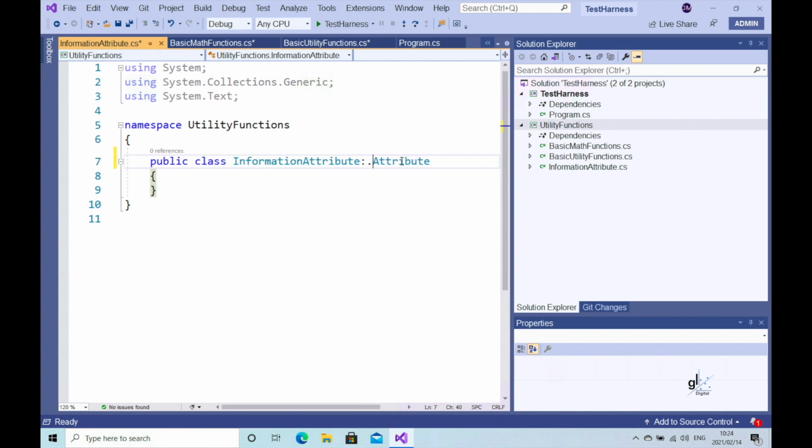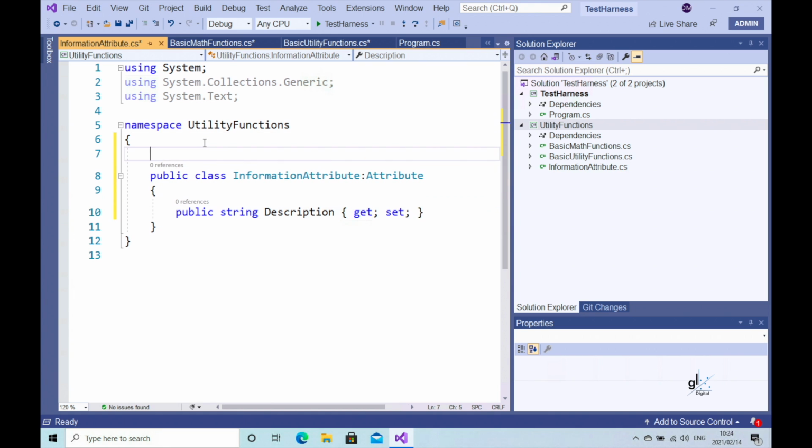Let's keep this class really basic, so let's add one auto-implemented property named description. This property will enable us to provide a custom description about a program element that we'll decorate with our information attribute custom attribute. We want to constrain our information attribute custom attribute to the decoration of only class and method program elements. So we can do this by decorating our information attribute custom attribute class with the attribute usage built-in